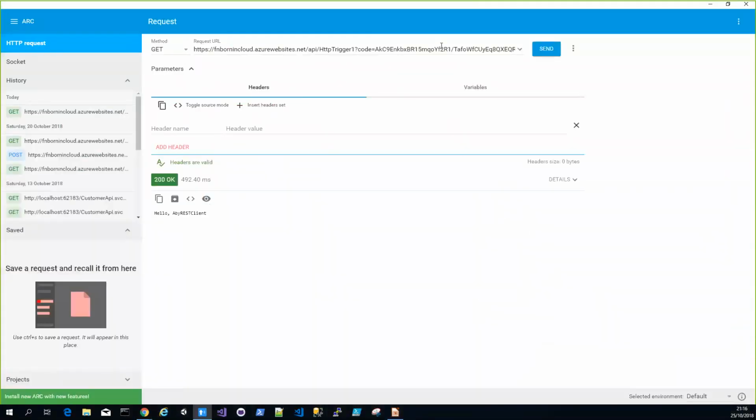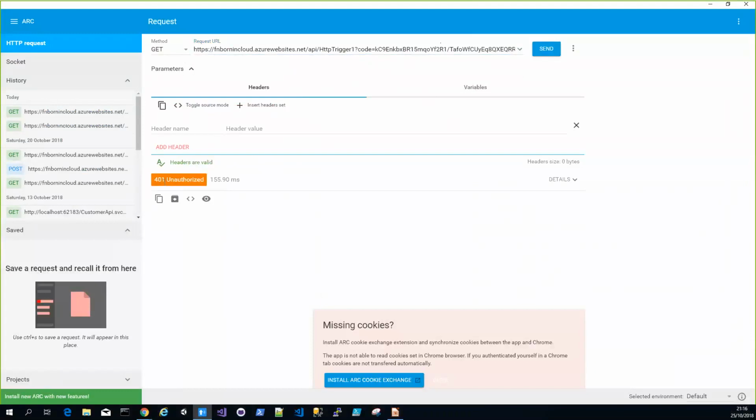if you see, if I remove even one letter from here, which is the code, and then make a call, I'm getting a 401 unauthorized. So I've not used the correct code. So Sri, when I said that this URL can be accessed by anyone, see, there's only one single code here,